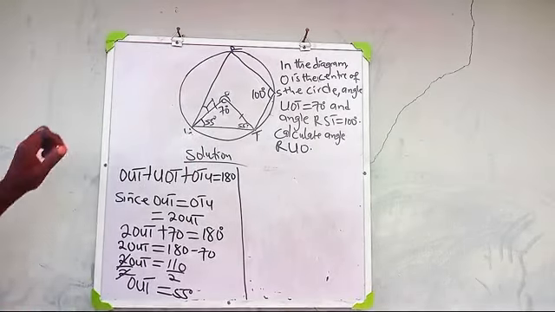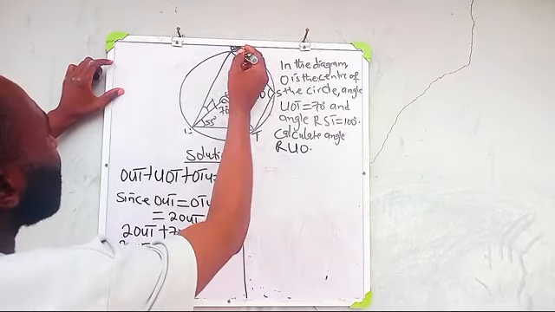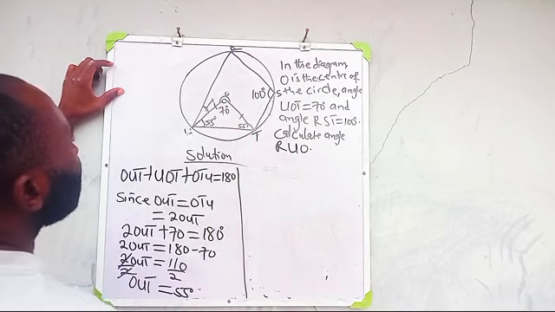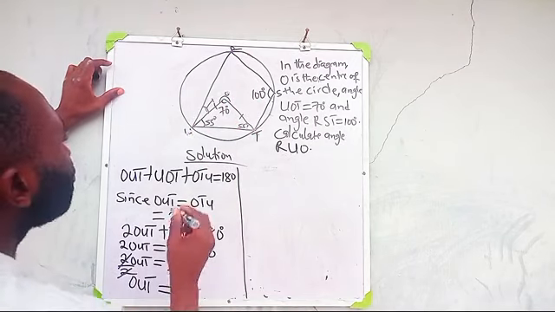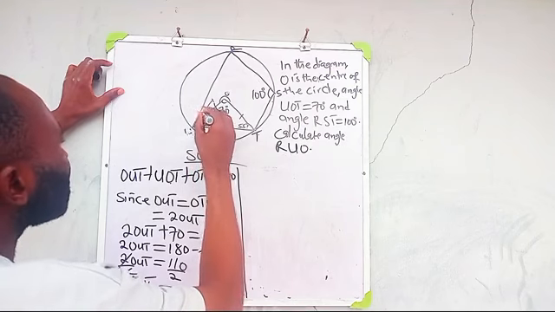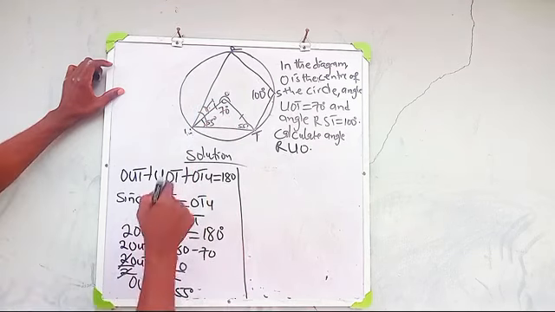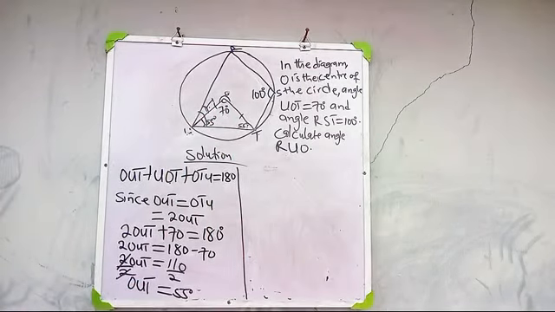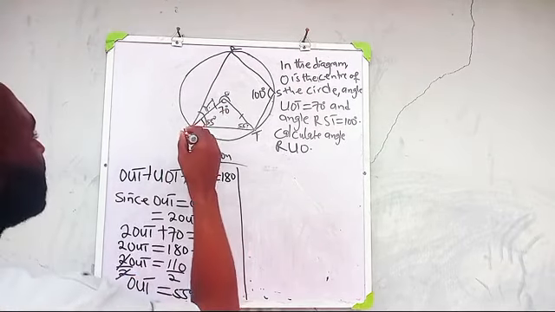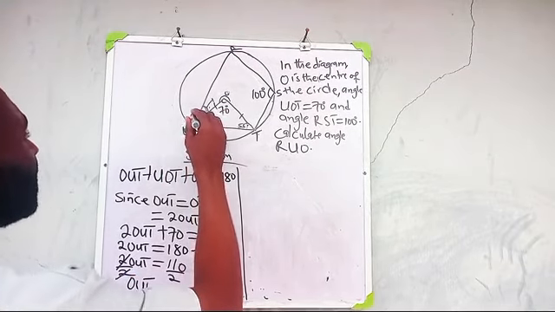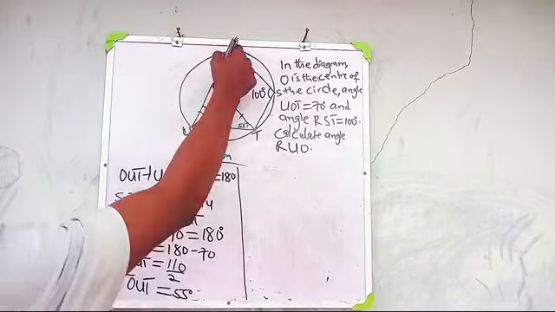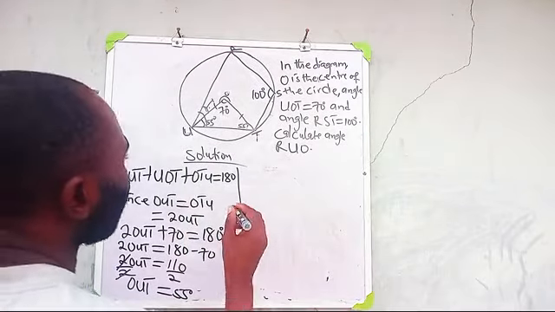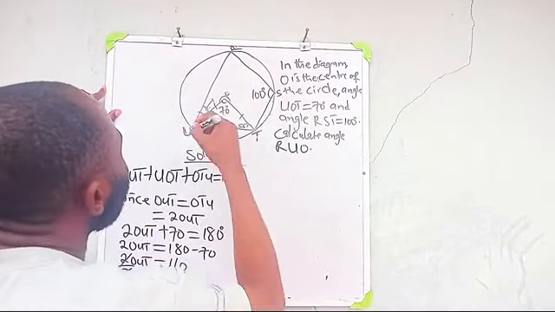The question is requesting that we find RUO, which is this small angle here. But before we can find this small angle, let's find the total angle, which is this and this small one inside here. So for us to find this angle RUT, that is the total angle here, we know that RUT